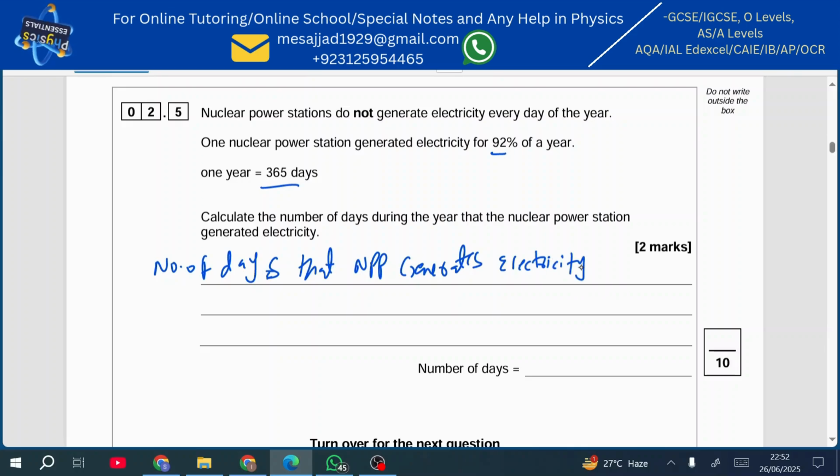is simply 0.92. Okay, so 92% of 365. So 92 per means slash and cent means 100. So 92% of 365. So when you multiply that,